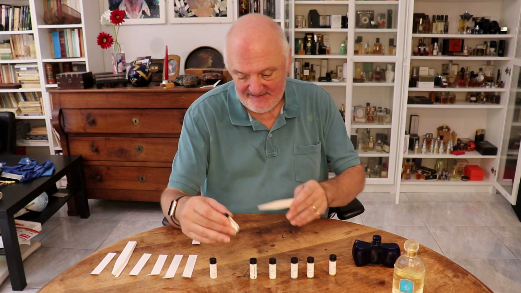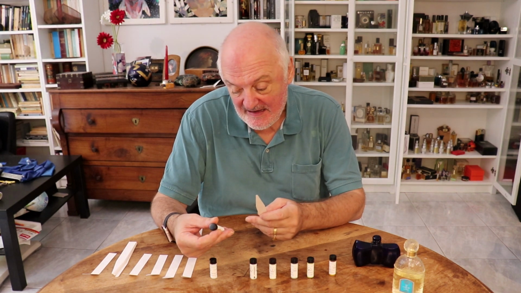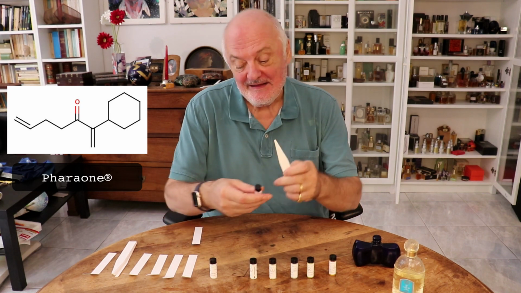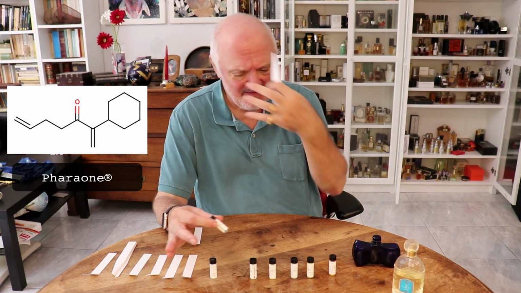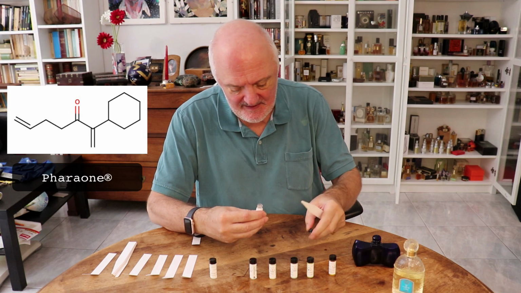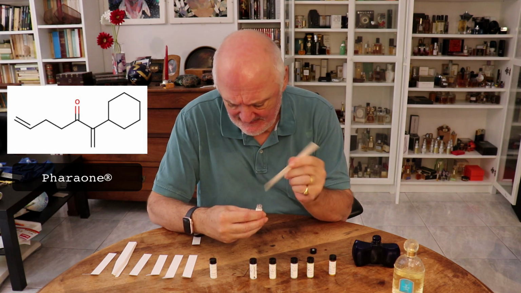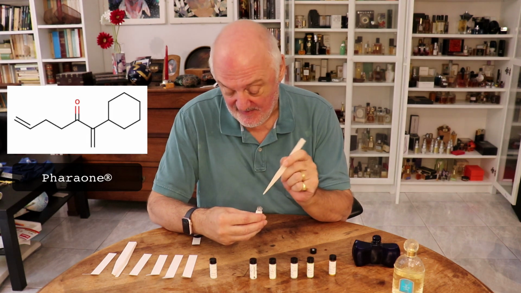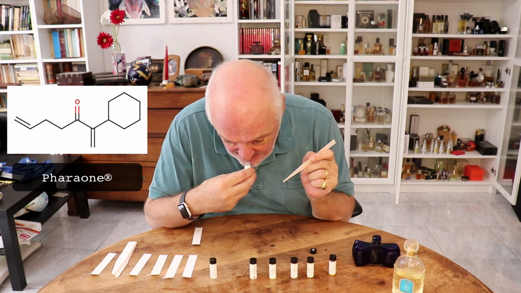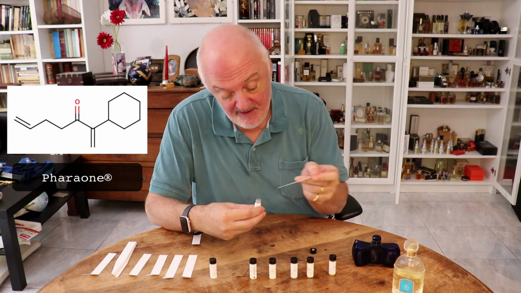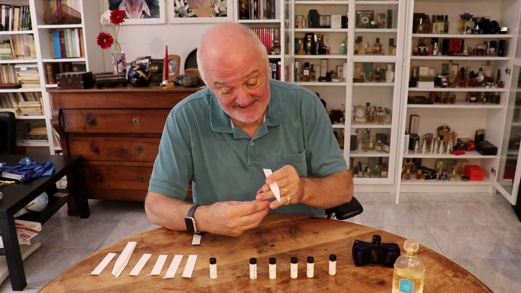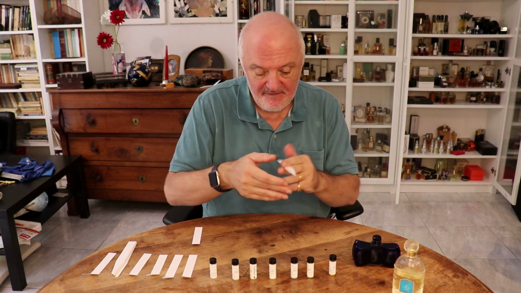So the next fruity material which I have here is pharaon, as in the pharaoh, but with a ketone attached to it. I don't know what it is about these fruity things. Paradisamide and pharaon, my goodness, we're getting into really superlative names. This is fairly recent and quite powerful. It's at 10%, and I can smell it from there. Wow, that's powerful. Now, is it fruity? It's classed as a fruity, definitely. What kind of fruit is it?